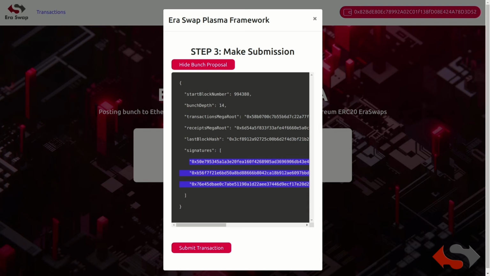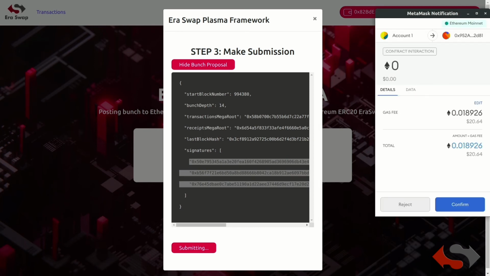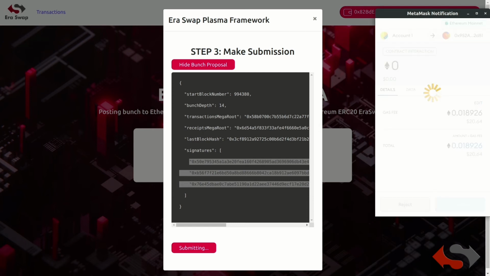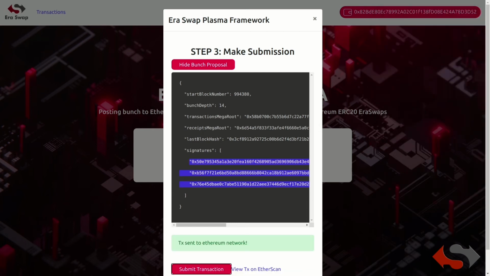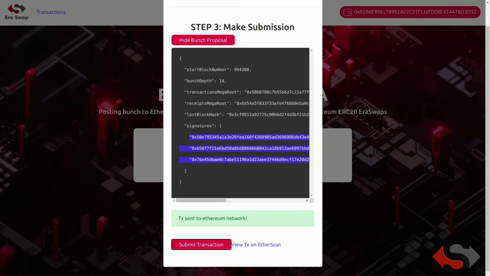Now the final step of submitting the transaction, that is making the bunch proposal submit to the IRASwap network. We'll confirm the transaction, and now it is seen that it is sent to the Ethereum network.